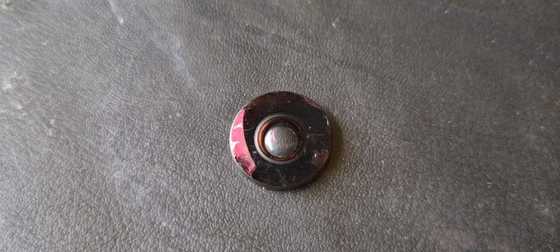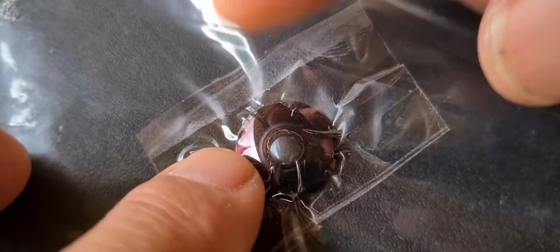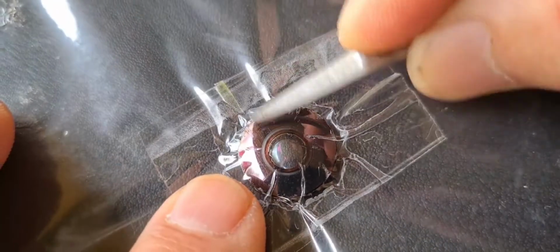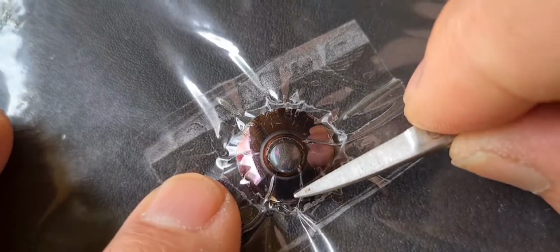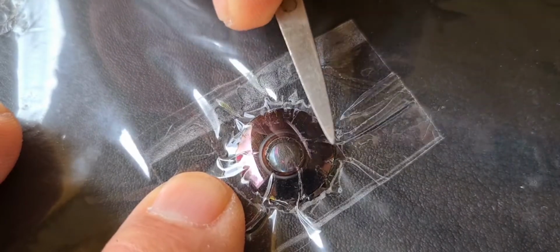Okay, the next step in the process is now to protect this lens from any of the UV glue that I'm about to put on it. And to do that, I'm simply going to put some sticky tape on it and ensure that none of the edges down here, we'll just put that sticky tape firmly all the way around, so that if I do get a little bit of glue, it's only going to be a very tiny amount